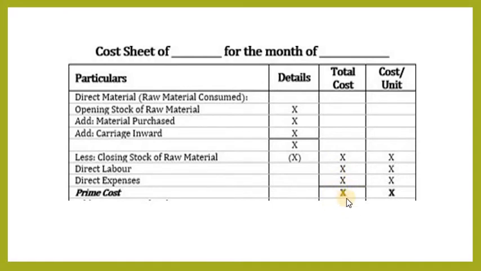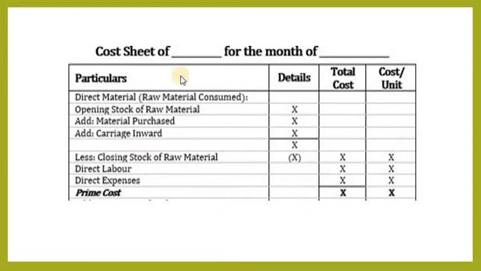Here we also have the per unit cost. That means here is the total cost and here the per unit cost. If I have a material cost of 10,000 and I am producing 10,000 units, then cost divided by number of units gives cost per unit. 10,000 by 10,000 gives a cost per unit of 1 rupee. For 20,000, 20,000 by 10,000 gives 2 rupees. That is how we calculate the cost per unit of the product.